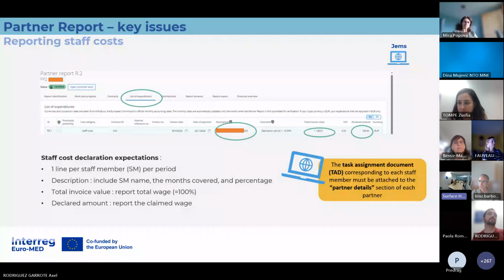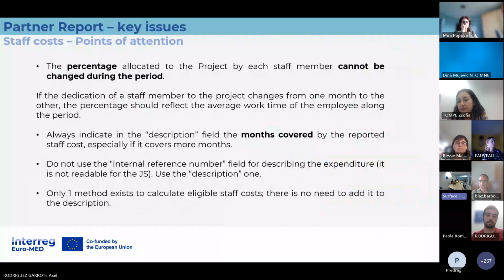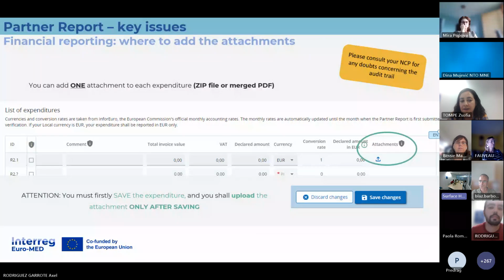Regarding staff cost, can I indicate the months instead of the invoice number and attach all the pay slips combined in a single attachment for each person? If you make only one line for one staff member per period, then yes, you can make a PDF file with all pay slips for all amounts covered by this one line. Yes, it's acceptable for our side, but check it with your controller also, how you prefer to see it.